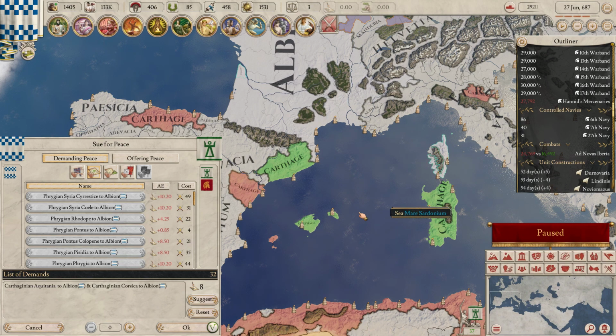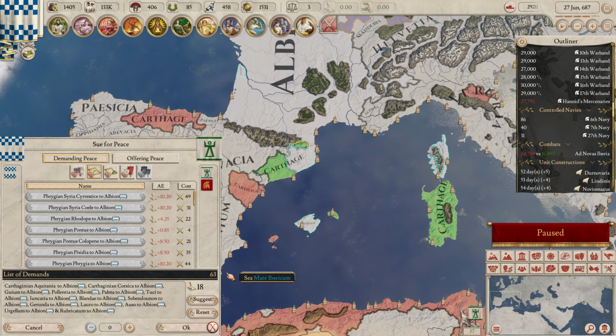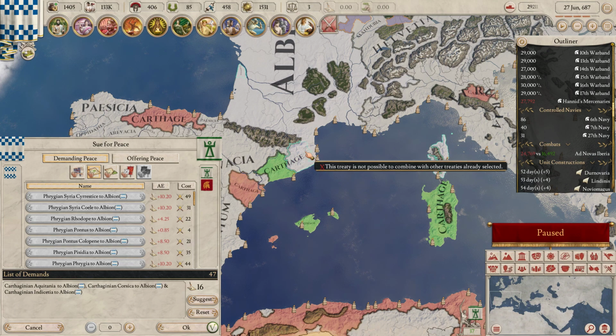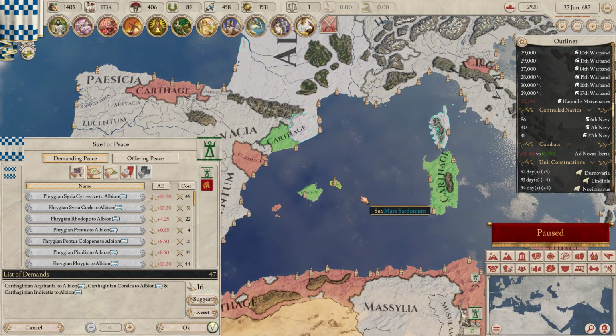Let's try this. See, the suggest is weird and just giving me weird chunks of territory, so I'm not doing that. I guess that'll do. It gives us a nice bit of territory. We've got a chunk there to host our fleet, our Mediterranean fleets. I wish I'd taken there. That'll do. I mean, that's what they will accept, so...